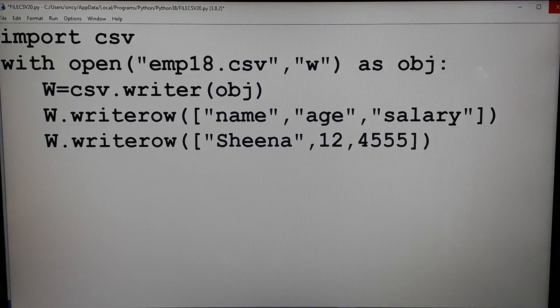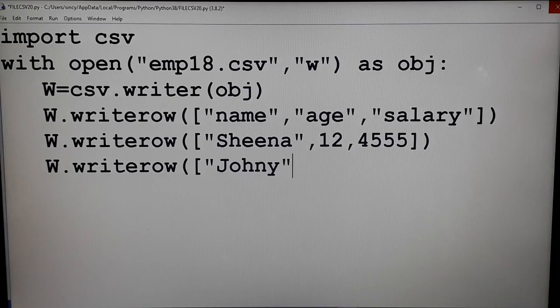Now that list is closed. One more record, w.writerow of list, name, age and salary. Now the heading and records that you have written into the file emb18.csv. Now this is all about writing into a CSV file.